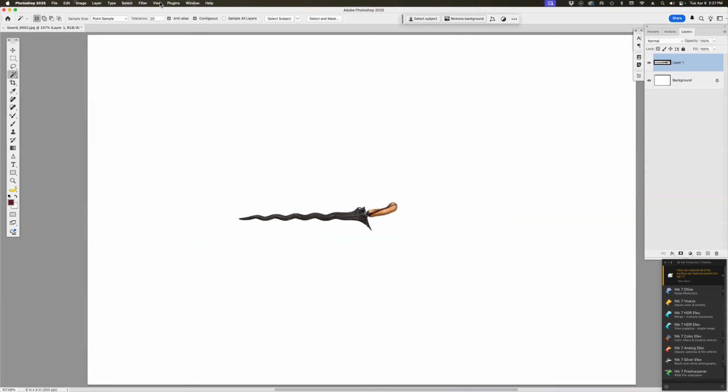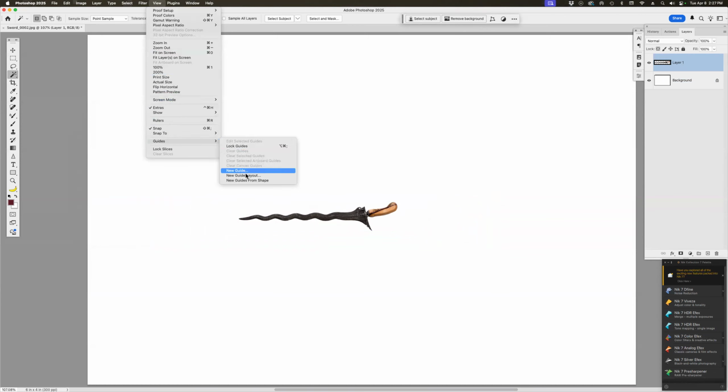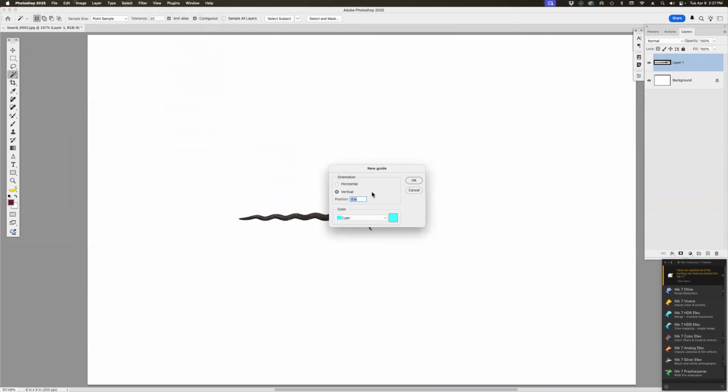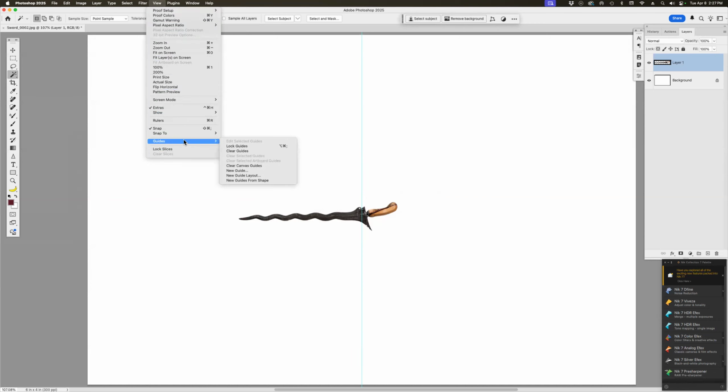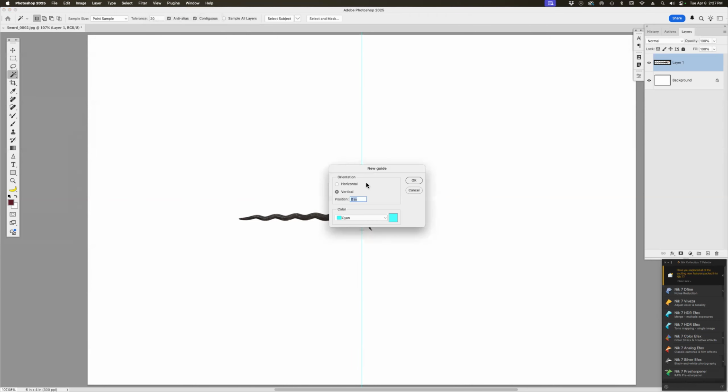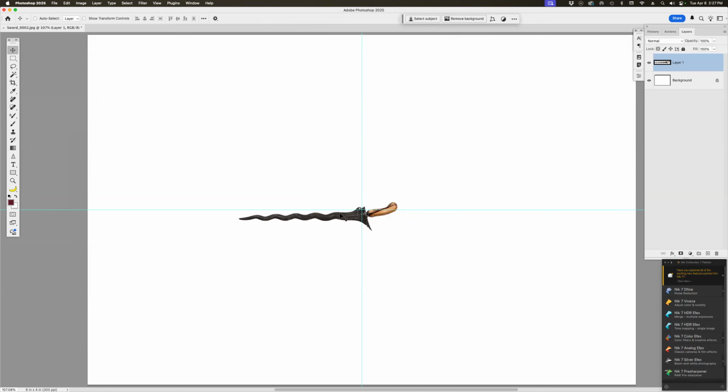And then I've got to put the guides in again. It's okay for me to go through this and show it again. Some people would need to see it as well. So 50% on vertical, go up to View, Guides, New Guide, and we're going to do 50% on horizontal. And with that set up, take the move tool, move this critter over,